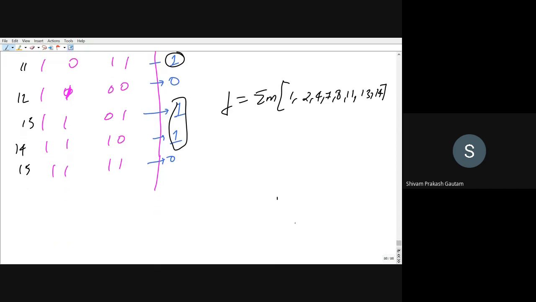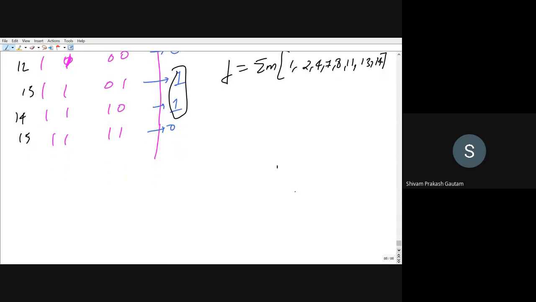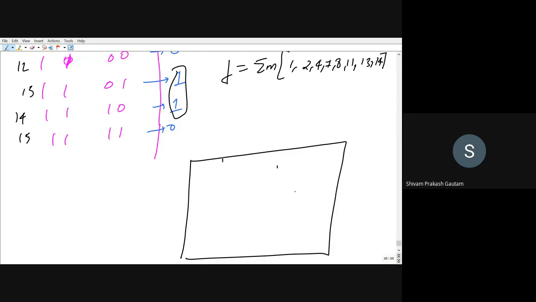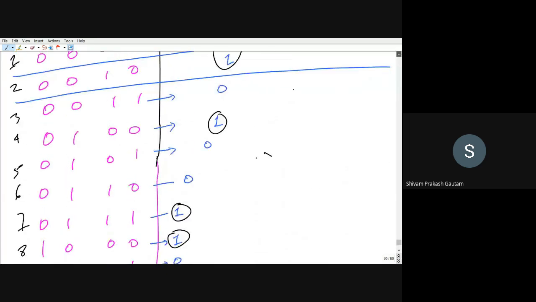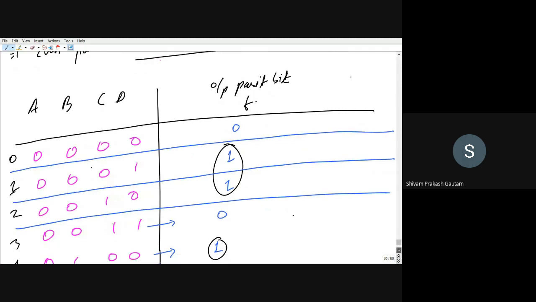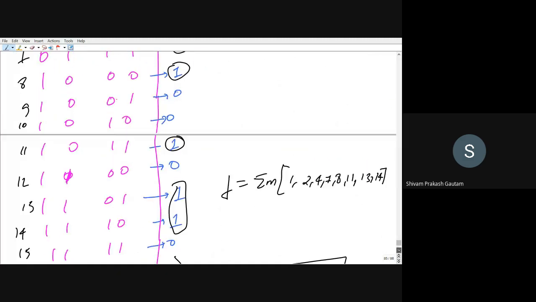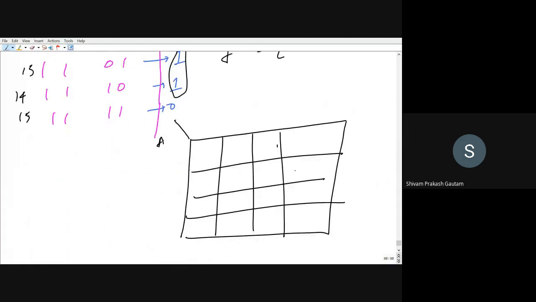Now according to this, we have to make a K-map. Four variables are there, therefore I am making 16 cells. The variables we have taken are A, B, C, D, with 0, 0, 0, 1, 1, 1, 1, 0.